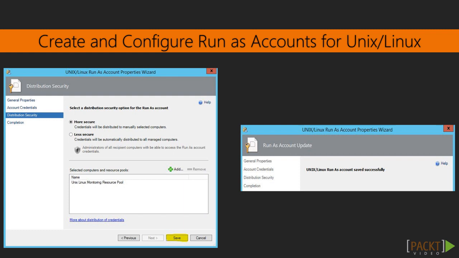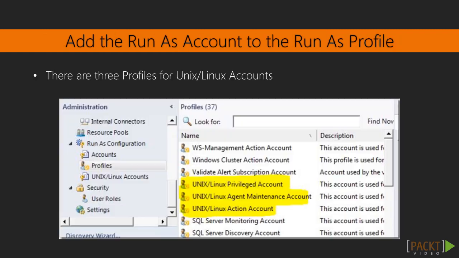That's going to be configured to do elevation via sudo. The action account will do your basic monitoring workflows. This will generally be associated with the Run As account, like the one that we just created. To add the Run As account to the Run As profile, you would select whichever of the 3 Run As